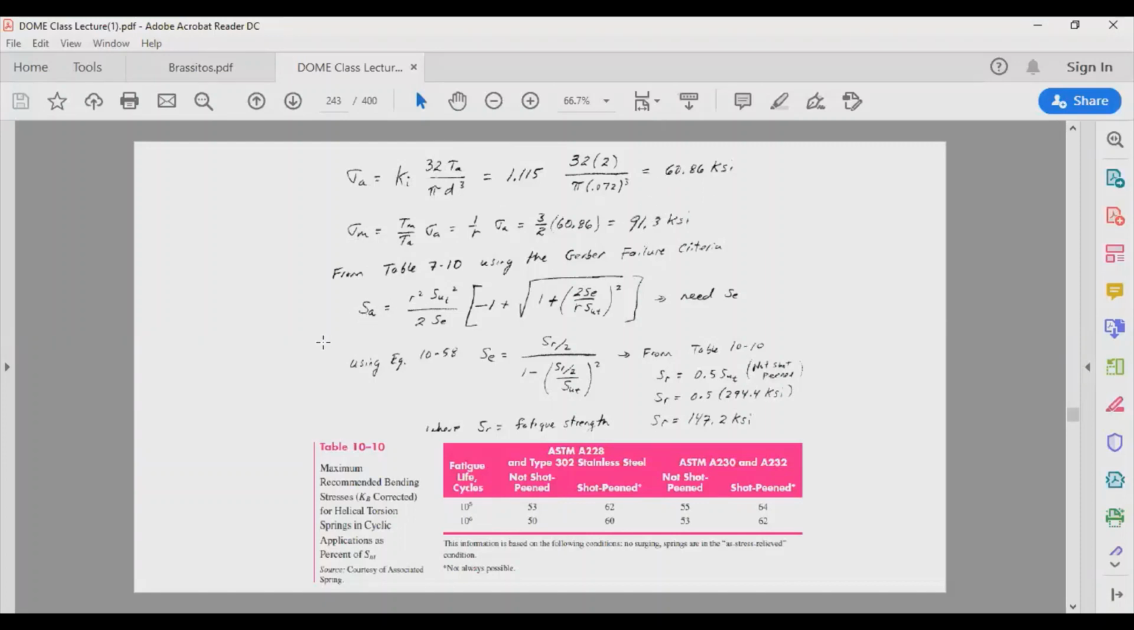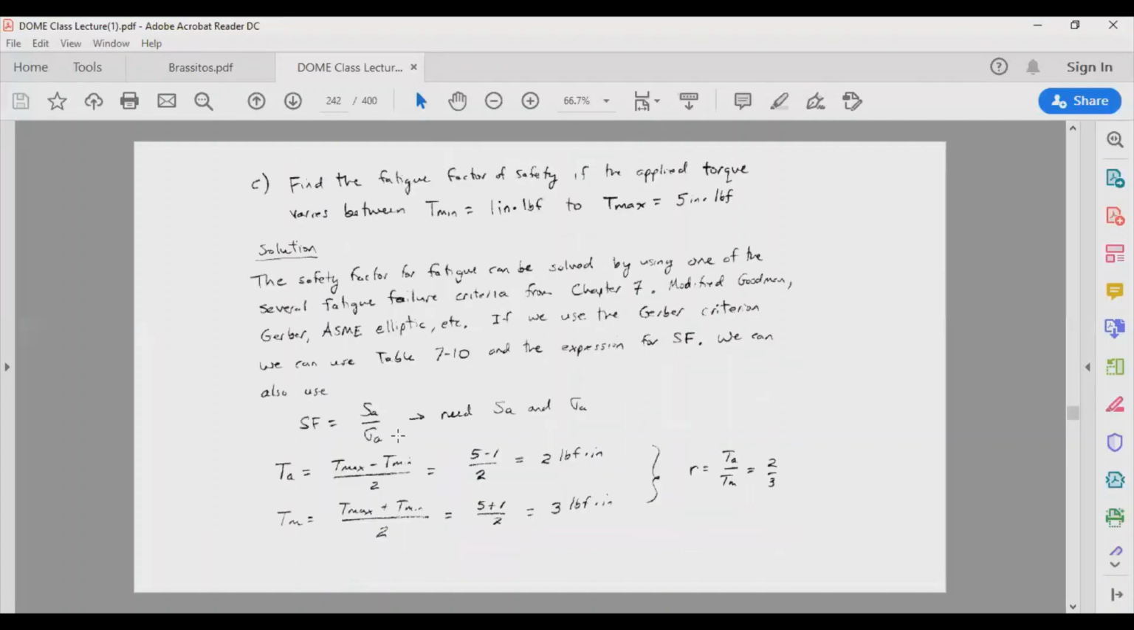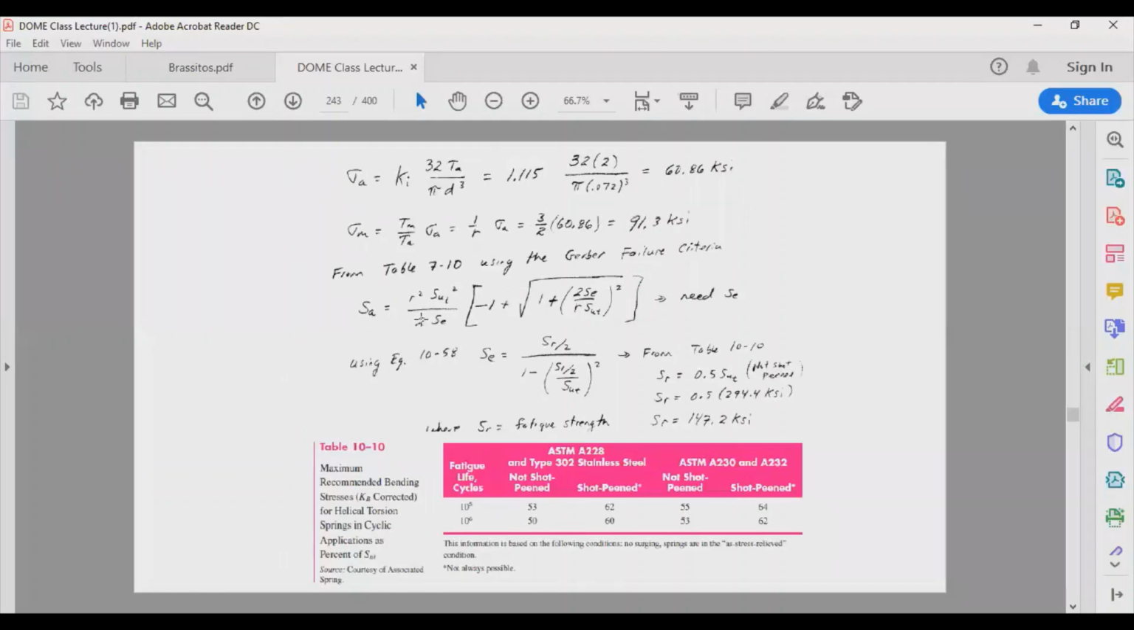Let's say I use the safety factor is equal to SA over sigma A. I need to look up SA based on the Gerber criteria. This is going to be my SA. And what you would see is, R is going to be the load ratio, right, which we already described. R is equal to TA over TM, or sigma A over sigma M. So the only missing components in that expression are